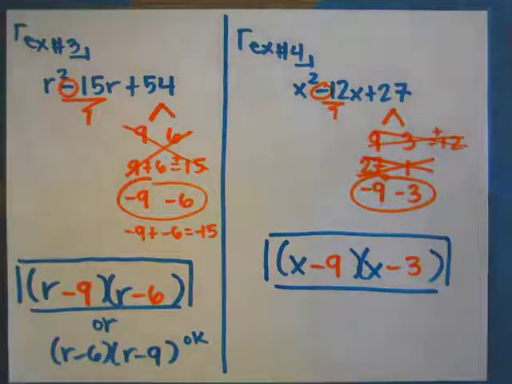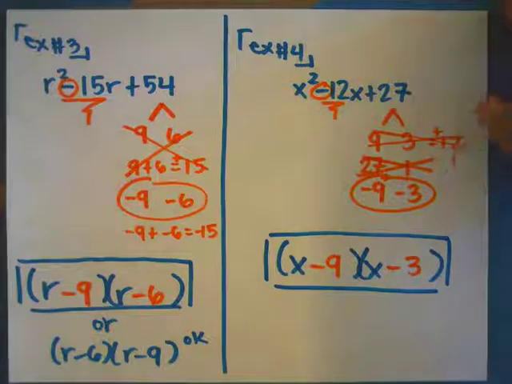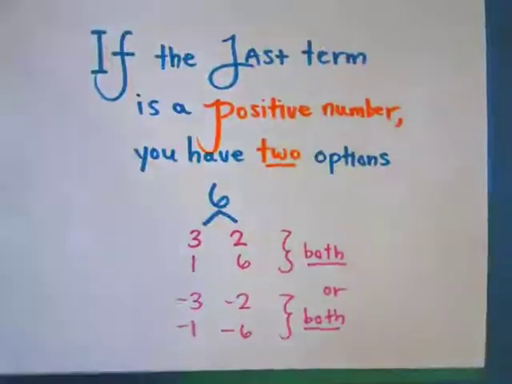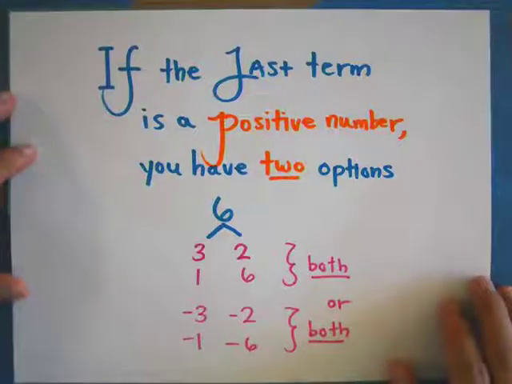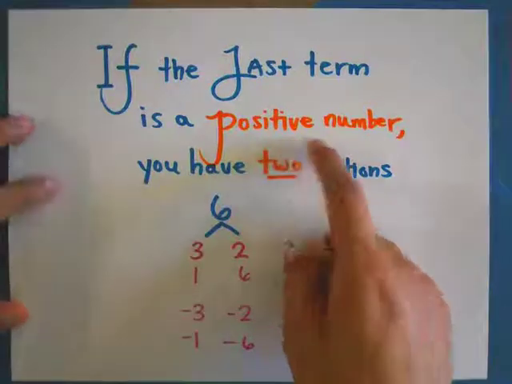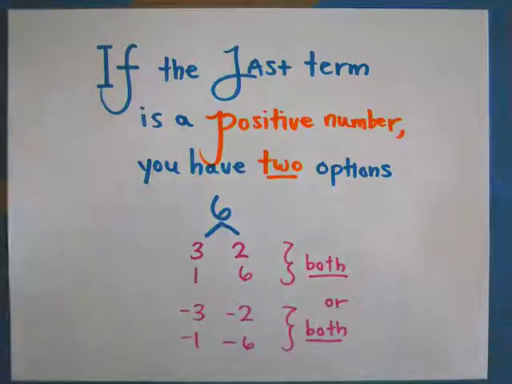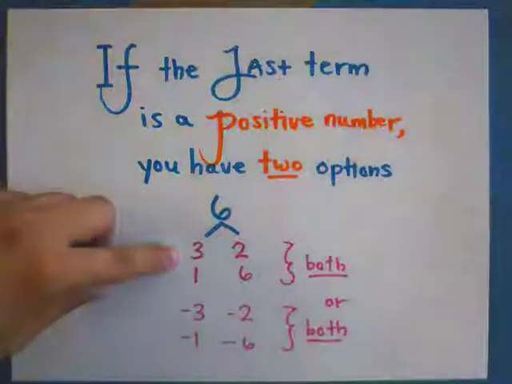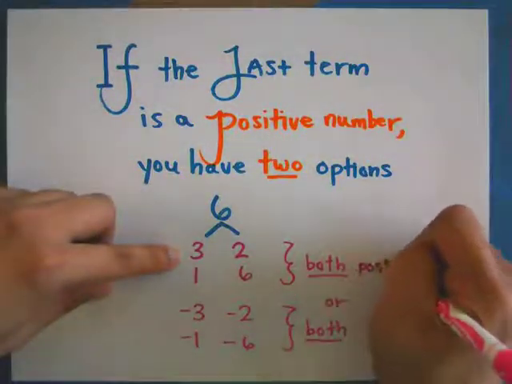I'm already a little bit over 8 minutes into this video, so I want to wrap up this first part, part 1 of 2. So really, if your last term, your last number, is a positive number, just as a small summary, you have two options. Say for example your last number is a 6,